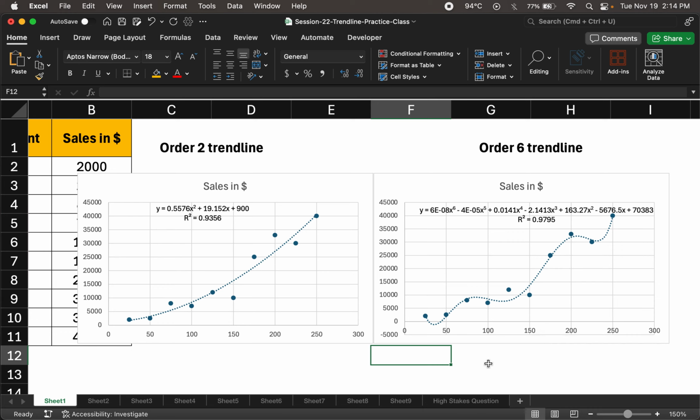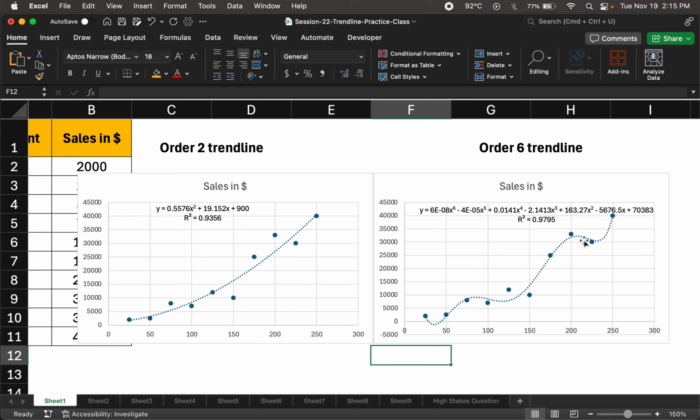So it is a better fit, and I could also visually see this also. The trend line seems to be passing through most of these points, whereas the other trend line doesn't pass through all of these or most of these points. Some of these points are left out, they're spread on either side. Well, it is a goodness of fit line, so it tries to fit these points. While there is a better coefficient of determination or goodness of fit in order 6, it's important to recognize that